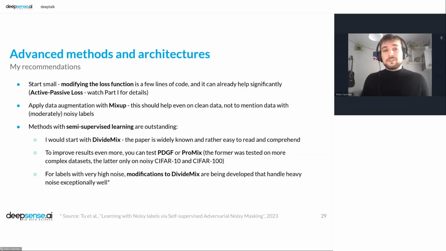So I would start small. Even by modifying the loss function, as you remember, I was describing it in the first part. It's a very simple method. We are just changing a few lines of code, and it can already help significantly. So for example, I would use active passive loss or something else from the first presentation. Then